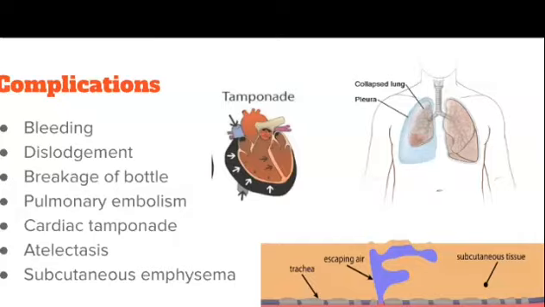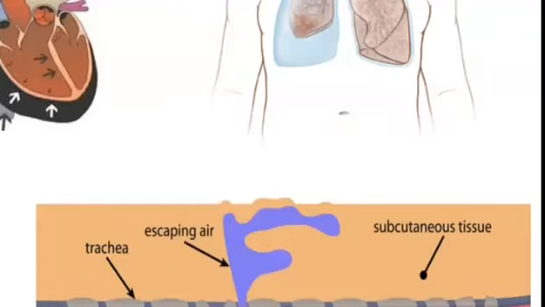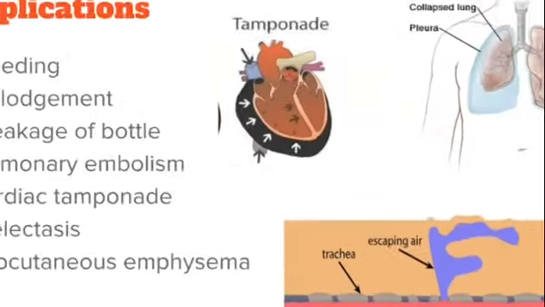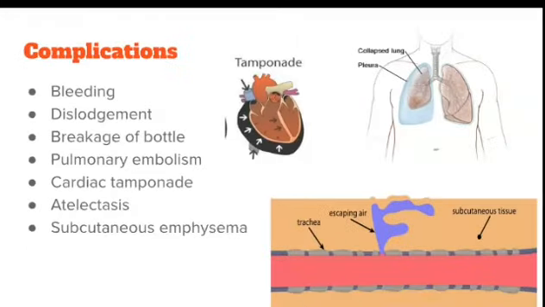In some cases, subcutaneous emphysema is seen. That is nothing but escape of air into the subcutaneous tissues. Because of the intercostal drain, there is a possibility of escape of air into the subcutaneous tissue. We say it as subcutaneous emphysema. So watch the patients for all these signs of complications. Other than this, the patient may get infection at the site of insertion due to poor aseptic techniques.